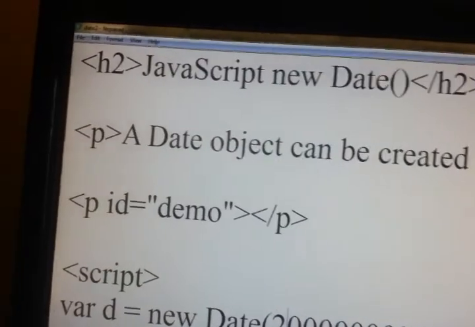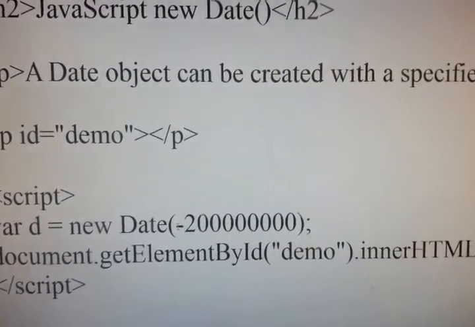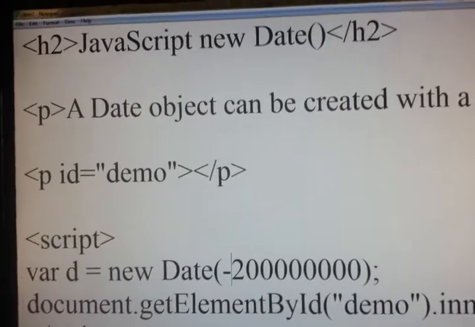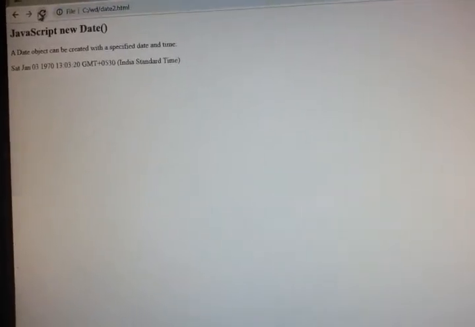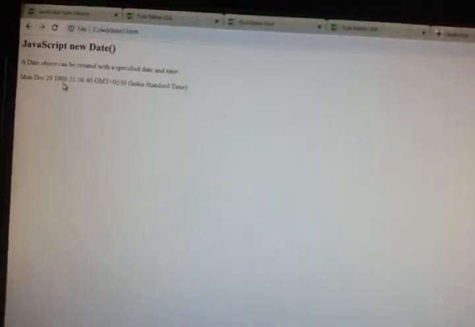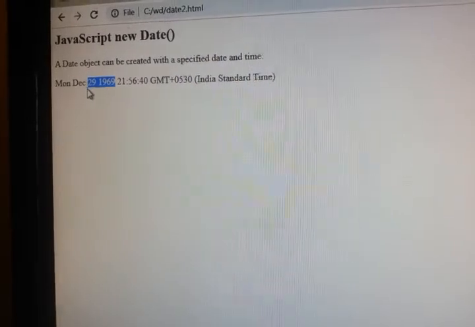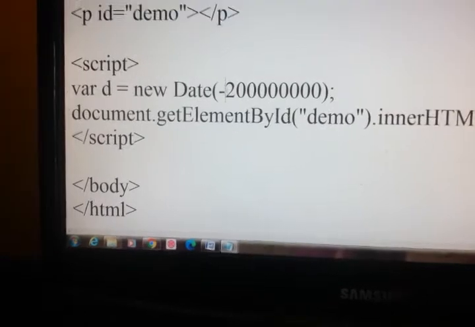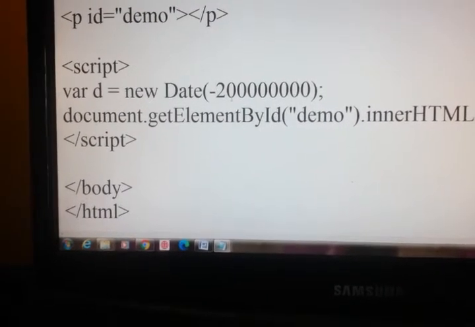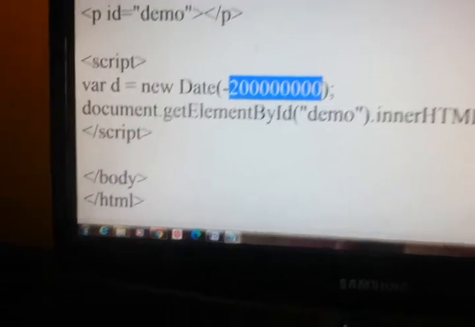Now if I write this as minus that number, what will we get? 1969, 2 days back. So see, in 1969 I got Monday, December 29, because I have given minus this many milliseconds, which means 2 days back, as the base year is 1970.